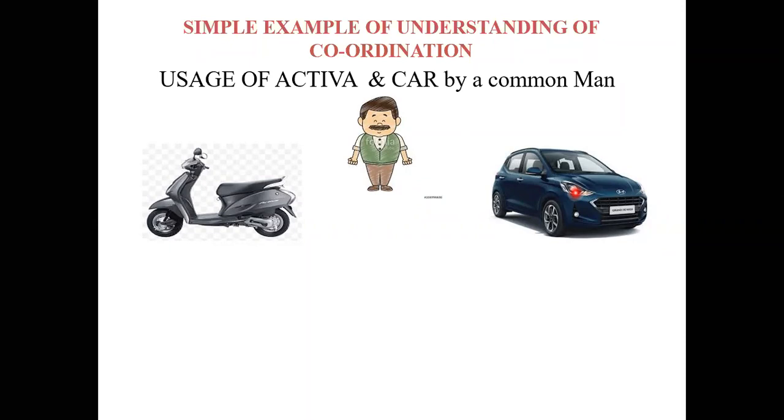When you apply our common sense, we can easily understand this example, because whatever example I am taking is present in our life only. We observe it in our daily life. So on what basis will we coordinate these 2? The first one is nothing but flexibility, or we can say convenience. For example,